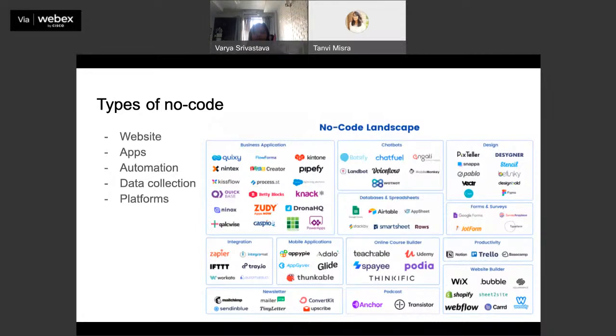So a lot of these are individual tools, but you can look at complete platforms in itself. You'll be surprised to know how many companies are built on top of platforms like YouTube, Facebook, Instagram, Twitter, so on. So you don't need to necessarily build something completely independent. You can also just use existing platforms to do it.